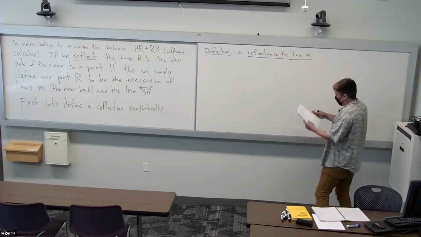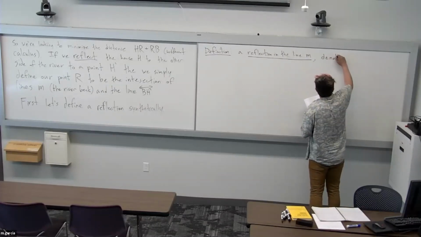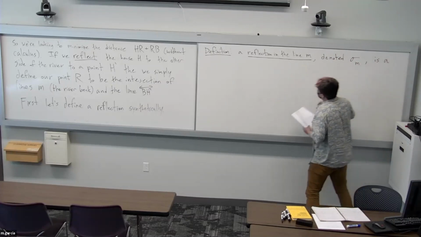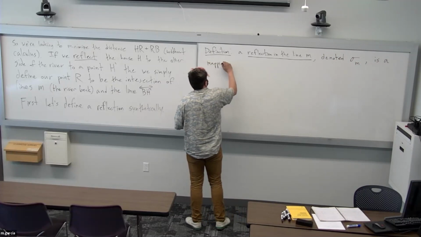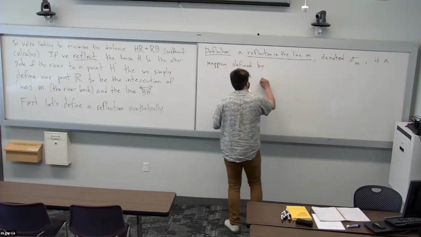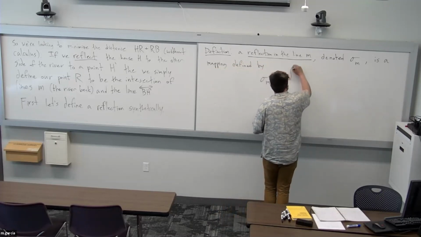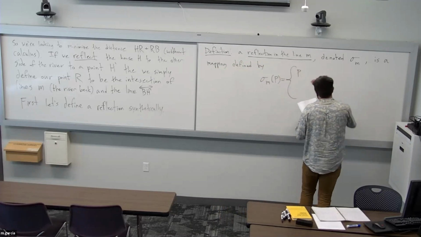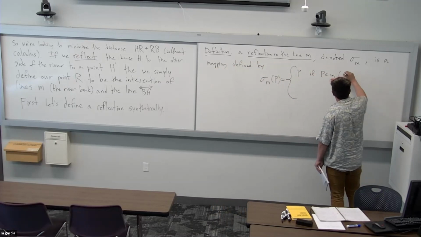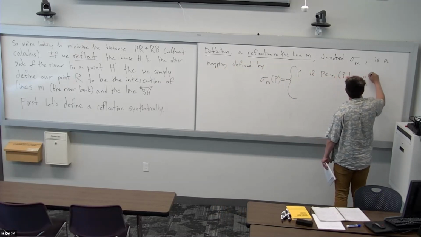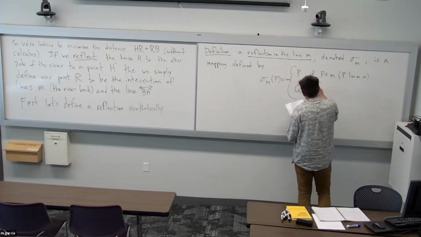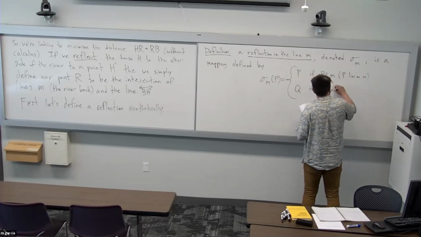A reflection in the line M, which is denoted sigma sub M, is a mapping defined by sigma sub M of P is just equal to P if P lies on M, and is equal to Q if P is off M